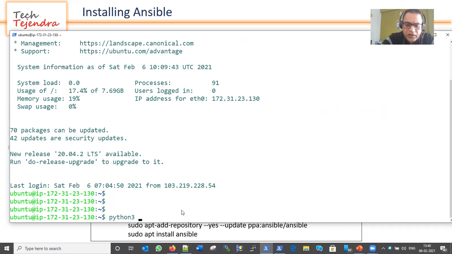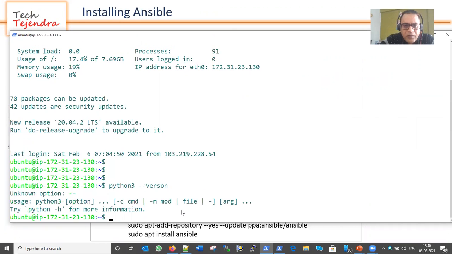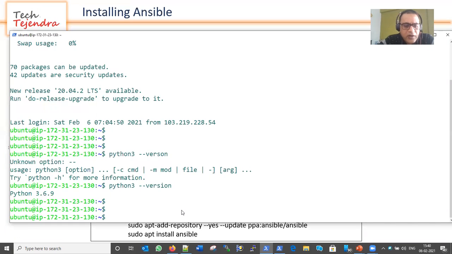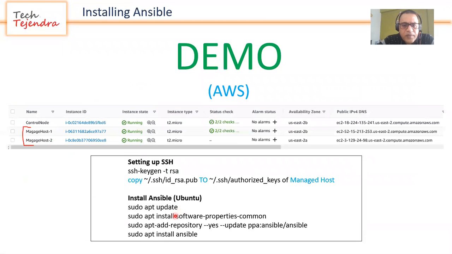Let me check here by this command. My Python is already installed here. So now let's install Ansible. For Ansible, the command would be different from machine to machine.